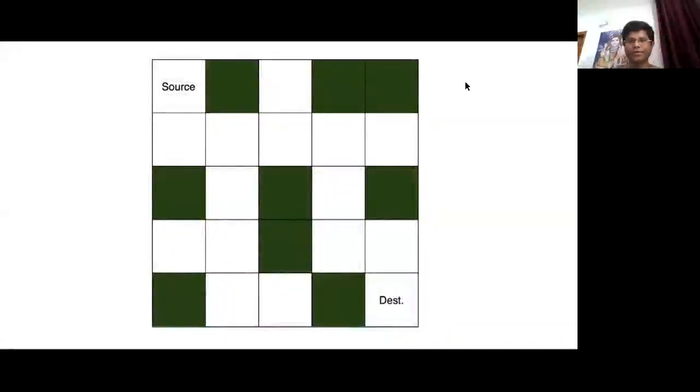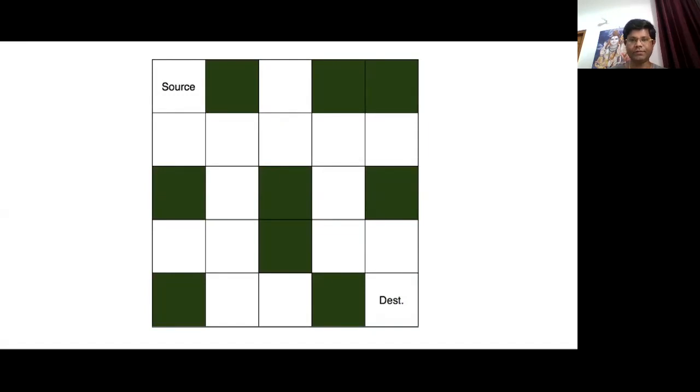Today our topic is the rat in maze problem, which uses the backtracking algorithm. Yesterday we read the 8 queens problem, which is also related to backtracking. Yesterday we found 5 solutions for the 8 queens problem, and I told you that you have to find the rest 7 solutions. There are a total of 12 solutions for that problem that are feasible. So today our topic is the rat in maze problem.